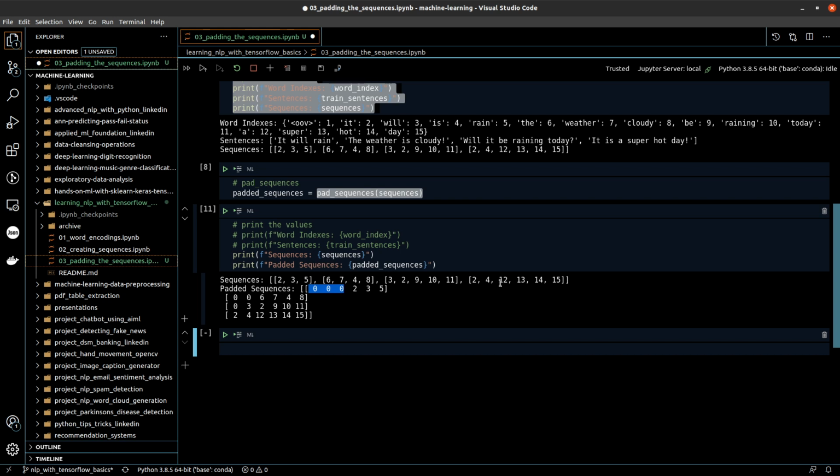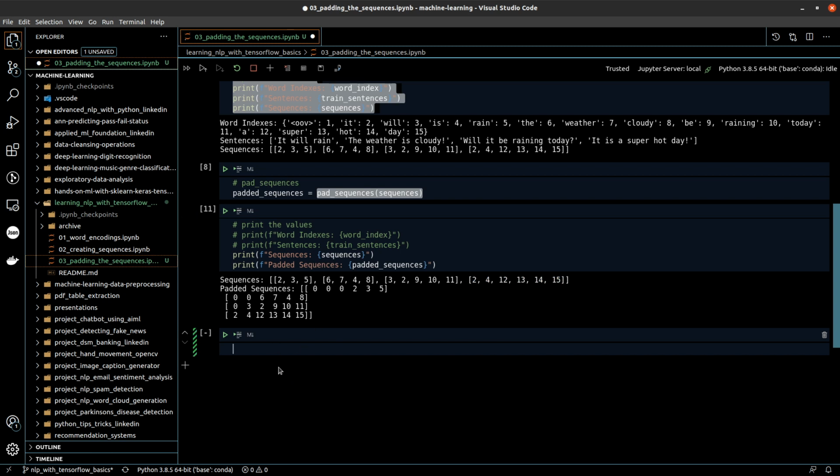So for example, even though the maximum sequence that we have is of length 6, maybe for some use case we want to control it and say that the maximum length of the sequence should only be 5. We can also do that, and we can also set up how the function should behave in case it is getting truncated. Should the truncation happen at the front or at the back? So all these parameters are available for us to use.